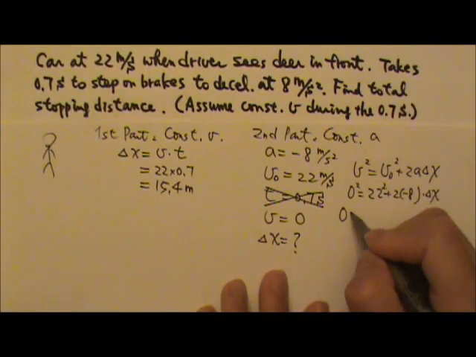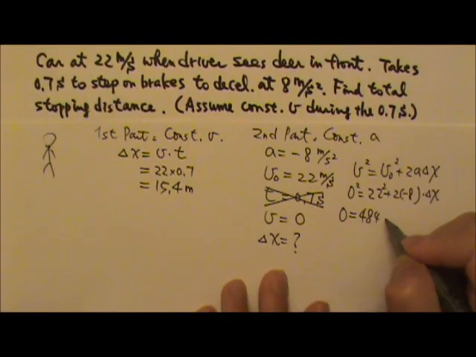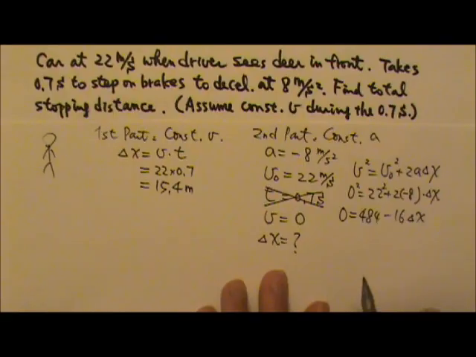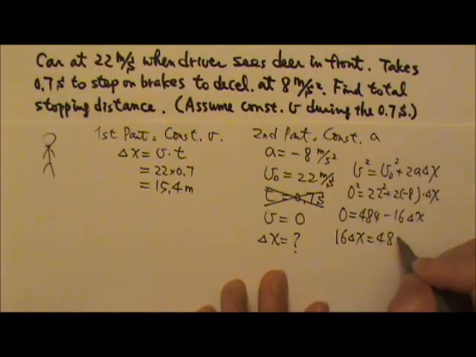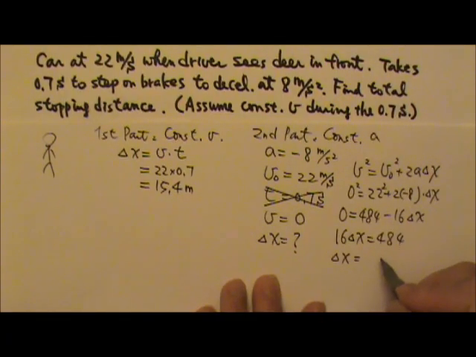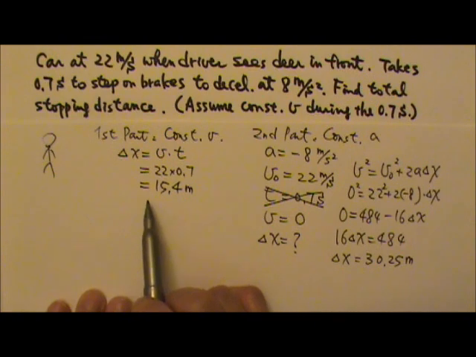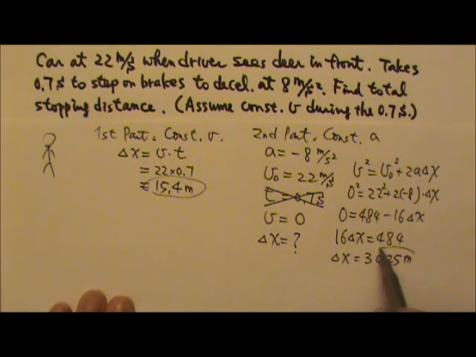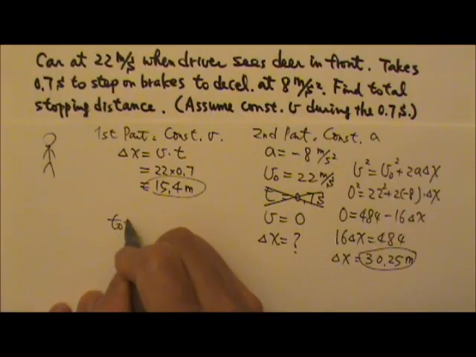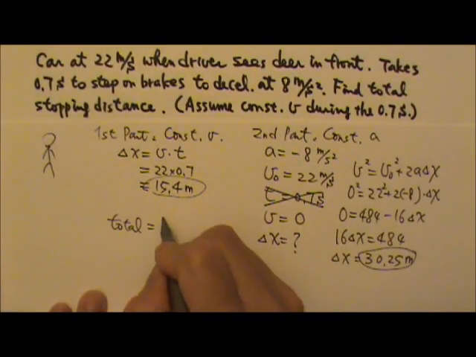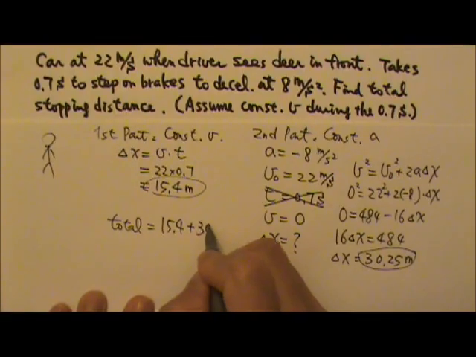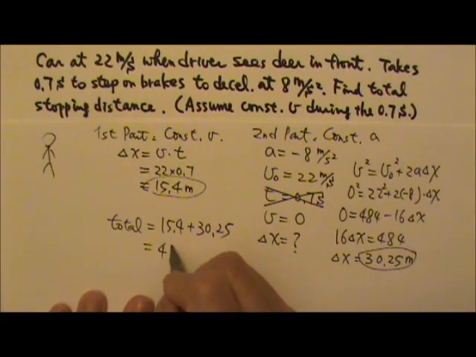So this will be 0 equals 484 minus 16 delta x. I can move the 16 delta x to this side. So if I divide by 16 on both sides, I can find the delta x, which gives me 30.25 meters. So the distance traveled for the first part is that. Second part is this. That means the total stopping distance would equal 15.4 plus 30.25, which gives you 45.65 meters. That is the